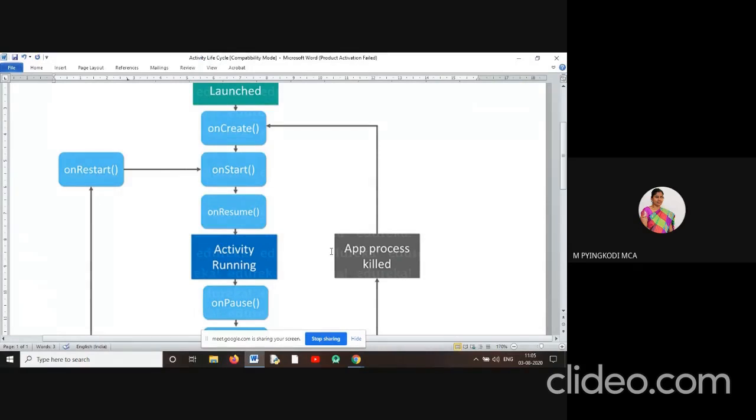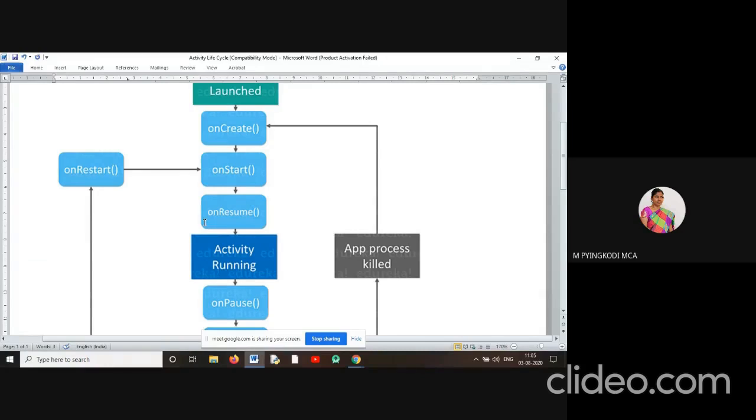So for each and every activity, these 7 methods are called. So what is an activity in Android? A single screen is termed as an activity. Is it clear? A single screen is termed as an activity. With the help of the activity only, we can design the GUI part. We can design a UI for our Android application. It is simply like a window, or like a form.